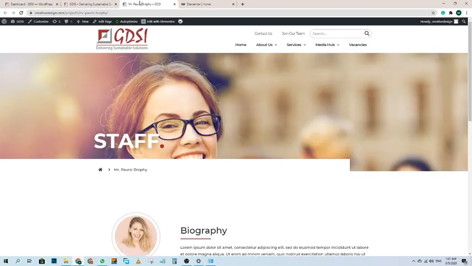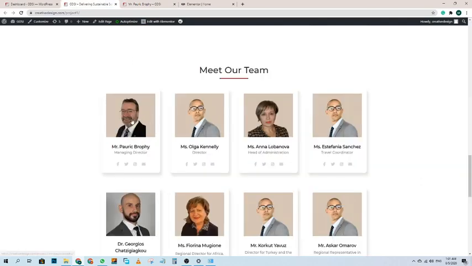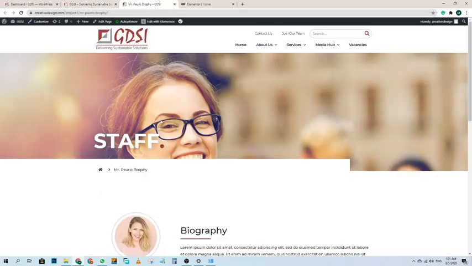Okay, so now I will show you how you can change the content of this page. When you click on this image or the heading, you will be redirected to this page, and after that click here, edit with Elementor.